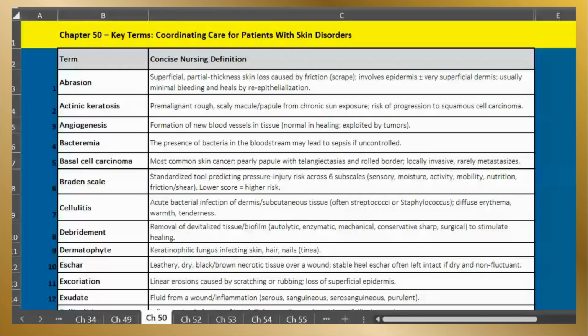Chapter 50, Key Terms, Coordinating Care for Patients with Skin Disorders. Mostly it's about how the wound is going to affect the patient, and a few words about the cancer. We have 45 terms. Again, it's a long chapter, very heavy chapter. So we start with